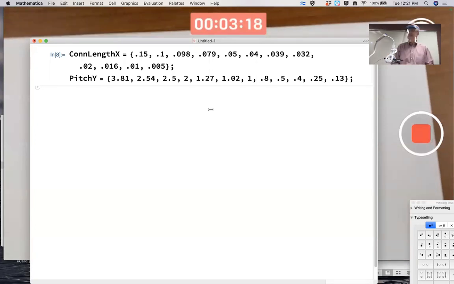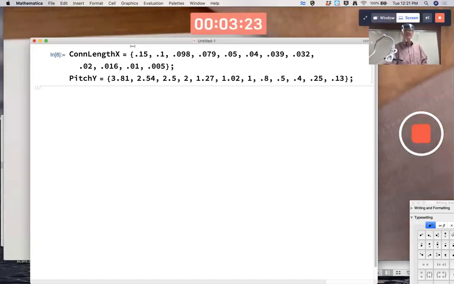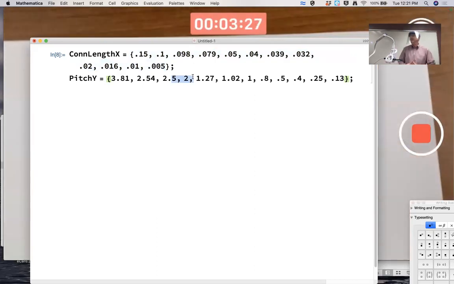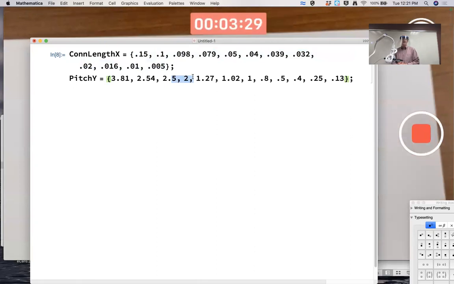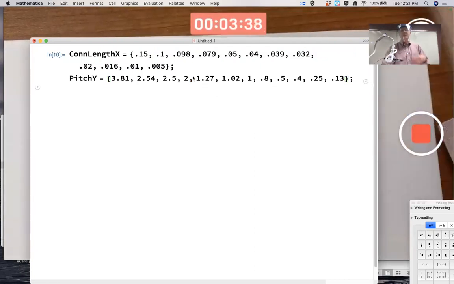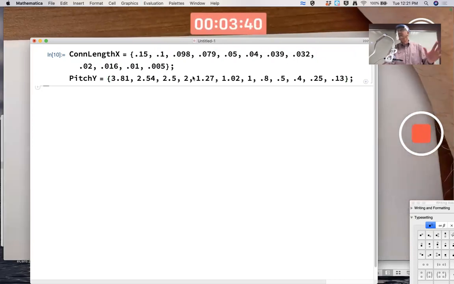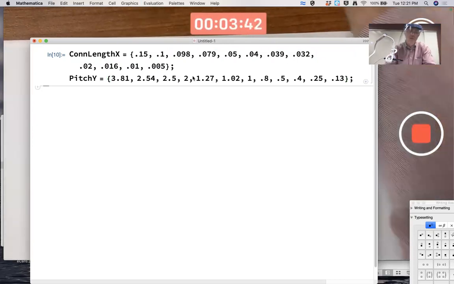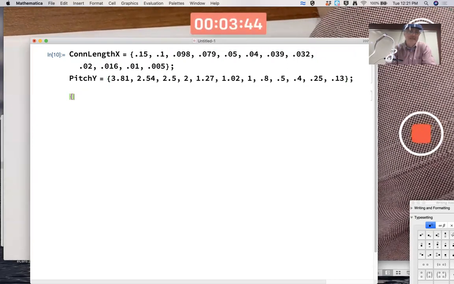Connector length, they mixed up the units, was in inches and pitch was in millimeters. This was the X data, this was the Y data. If you're going to do this kind of thing in Mathematica with regression, not that you have to do it this way, but you can enter the X and Y data separately into lists with curly braces like this. And then if you want to merge these data into one data set of a bunch of points, well, if you do this,